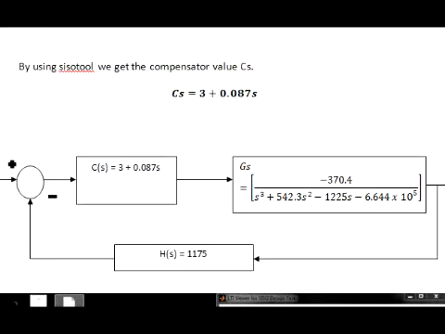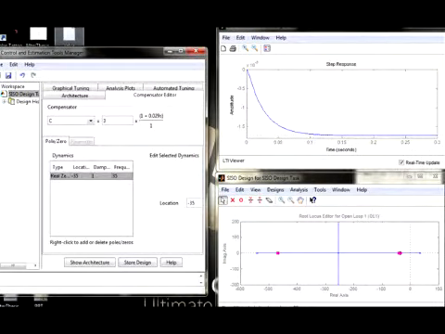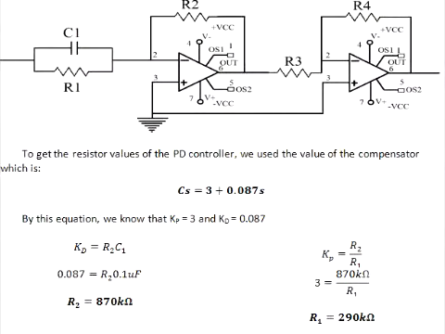Using MATLAB's ISO tool, we get a compensator value of 3 plus 0.087s. After adding the compensator, we get these new graphs. We then implement a PD controller